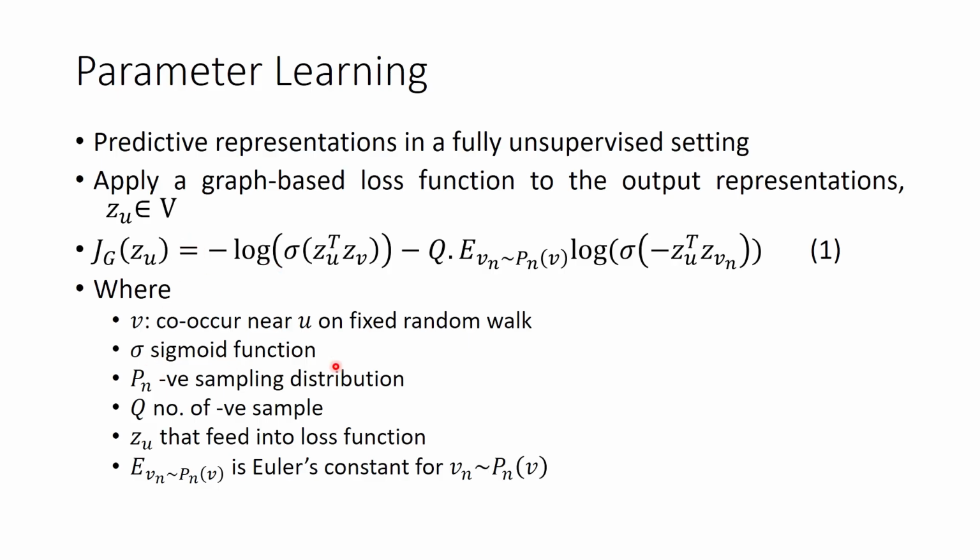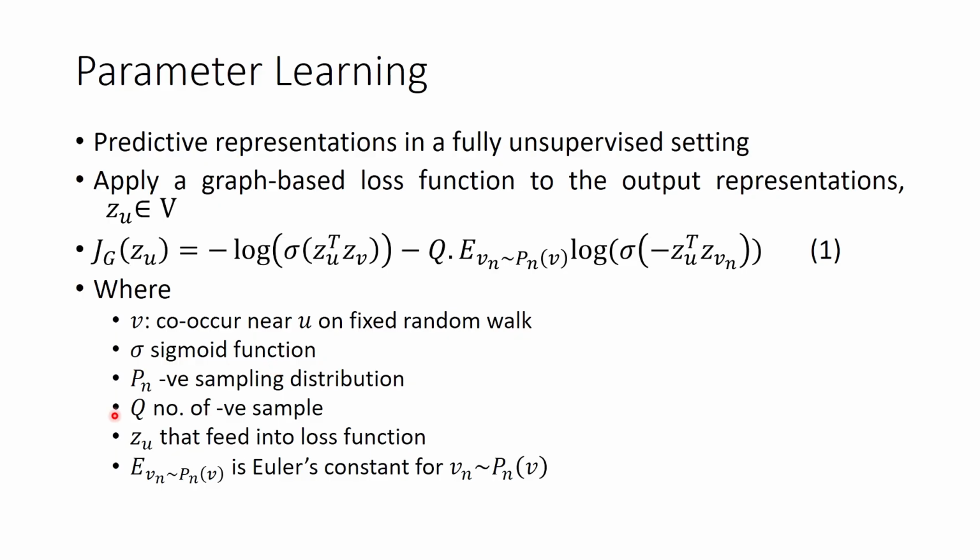Here we can see sigma is sigma(ZU transpose ZV) minus Q into e to the power Vn, like log sigma(minus ZU transpose ZVn), where V is the co-coordinate of U in the fixed random walk, like we have talked about in previous video. What is random walk about? So, like random walk of fixed size,